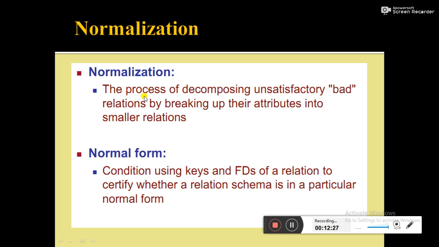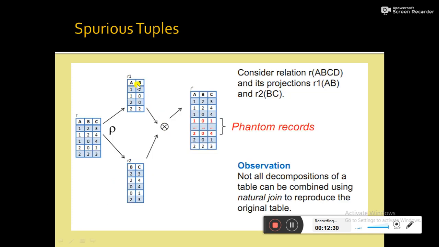If you look at natural join, it will retain the information from R1 and R2 based on equality on the common attribute B. So if you look at the first record 1, 2, the value of B is 2. So here the matching is there. So 1, 2, 3 will be there. Next 1, 2, again this record is matching, the value of B is matching. So 1, 2, 4 will be there. Now for 1, 2, the value of B is 2, but here the value of B is 0, not matched, so it will not be there.